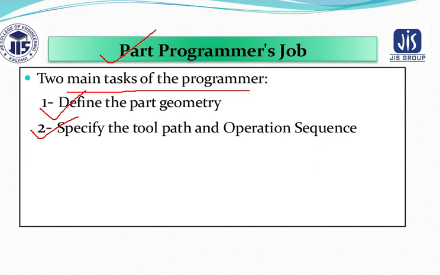Now if you look at a basic difference between a manual and a CAP system, then I must say a computer program which is known as post processor basically generates a long series of coordinate values which define the path that has to be followed by the cutter tool. Now what is the main advantage of using computer aided part programming? So we are going to discuss this right now.